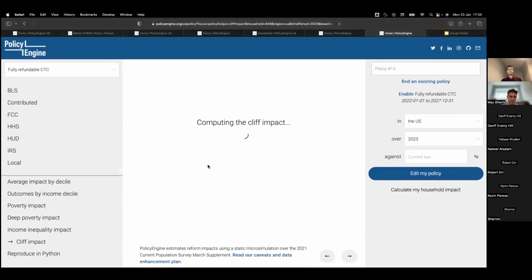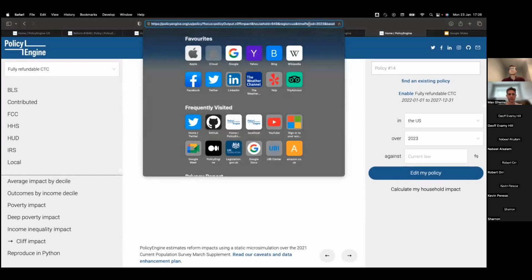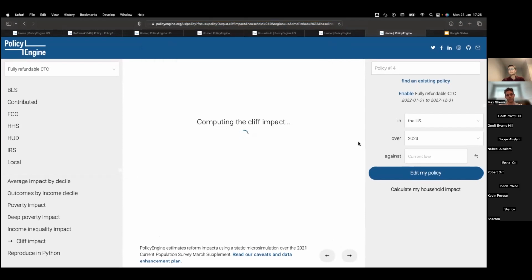So let's see. While that's going, I'll also note that if you look at the URL, we've got this focus equals. So we're seeing the link that goes specifically to a chart. Now you don't have to say, okay, scroll 3 charts down from the top. There's also a household ID in the URL. Before you could only link to a policy, now you can link to a household to really get very specific in terms of sharing on email or social media what the specific source for your claim is per PolicyEngine.